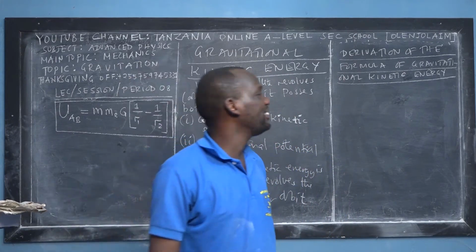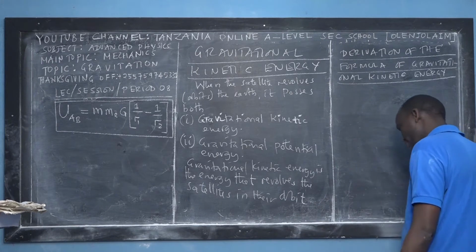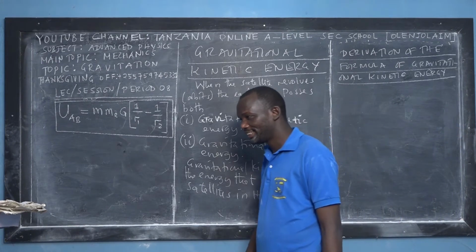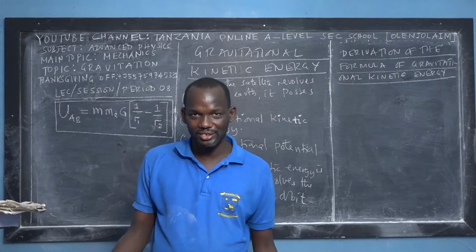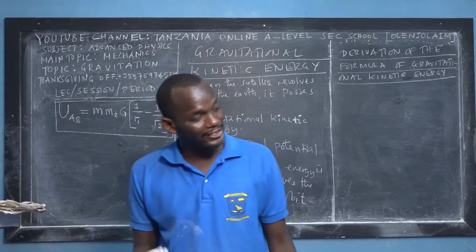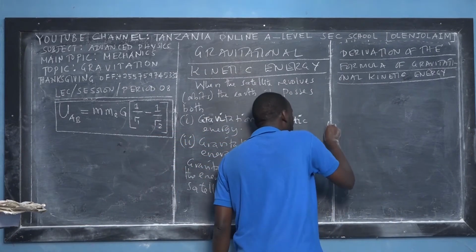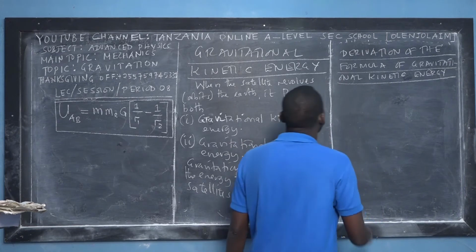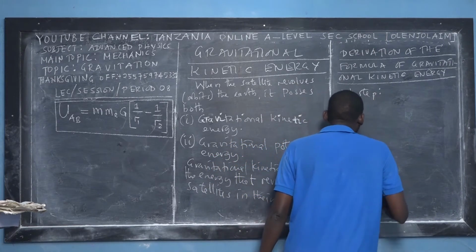Interesting. So the way we derive, sometimes that's confusing because we have the fundamental formula of kinetic energy, which is a half times mass times velocity squared. So, it can make you confused a little bit, but you have to be careful. I'll be following some of the steps to derive this formula. The first step, we say that consider